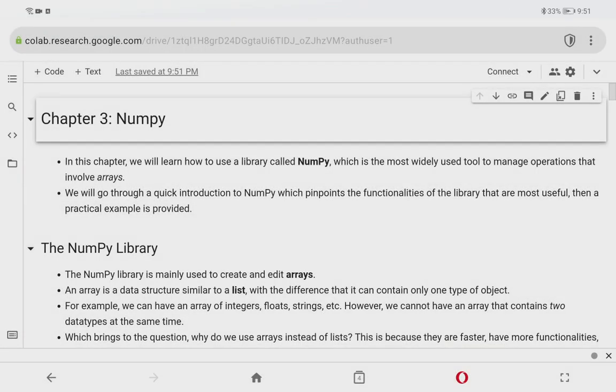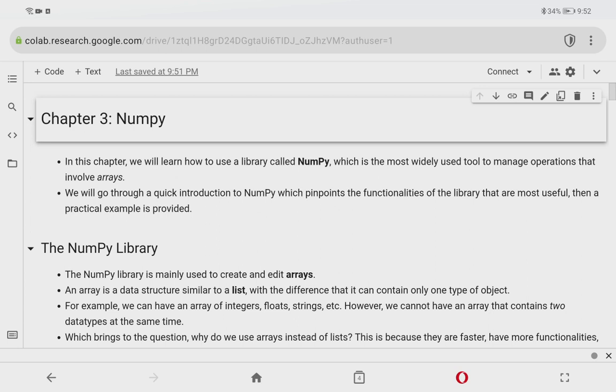Hi, so welcome back. So we're now in chapter 3, NumPy. To be honest with you, this is going to be a relatively short lecture for this video. Why? Because we have a lot less code blocks to go through. Okay, so without further ado, let me go ahead with the content so that we can quickly go through the important points you need to know with the NumPy library so that you're better prepared for the upcoming